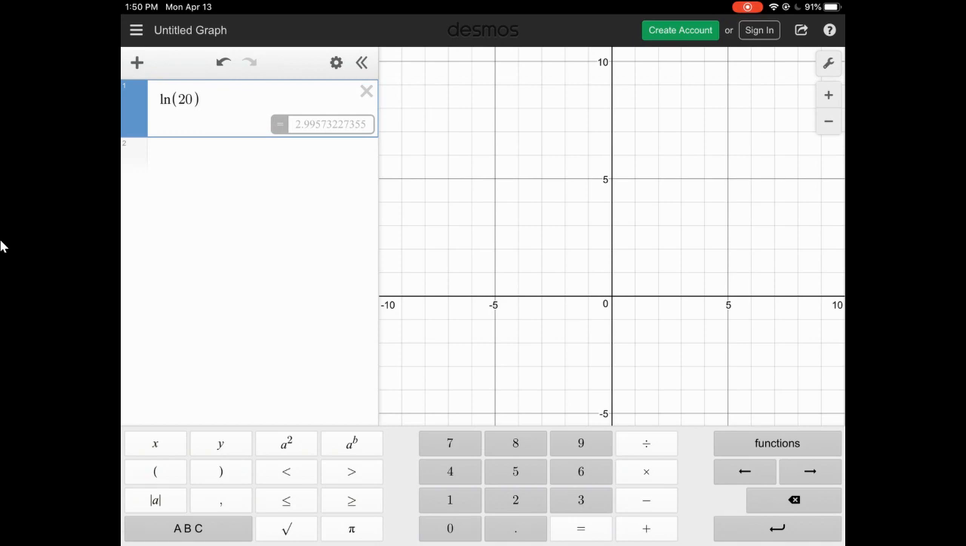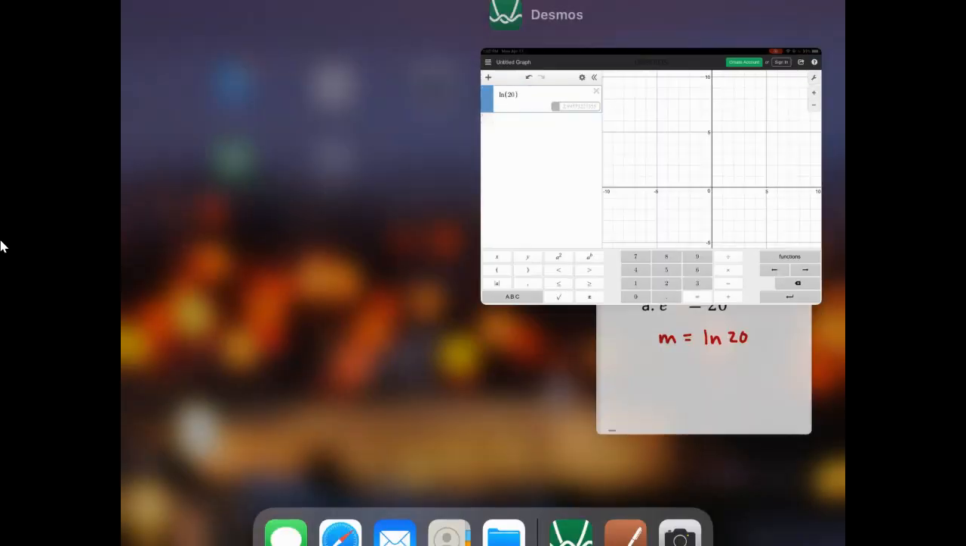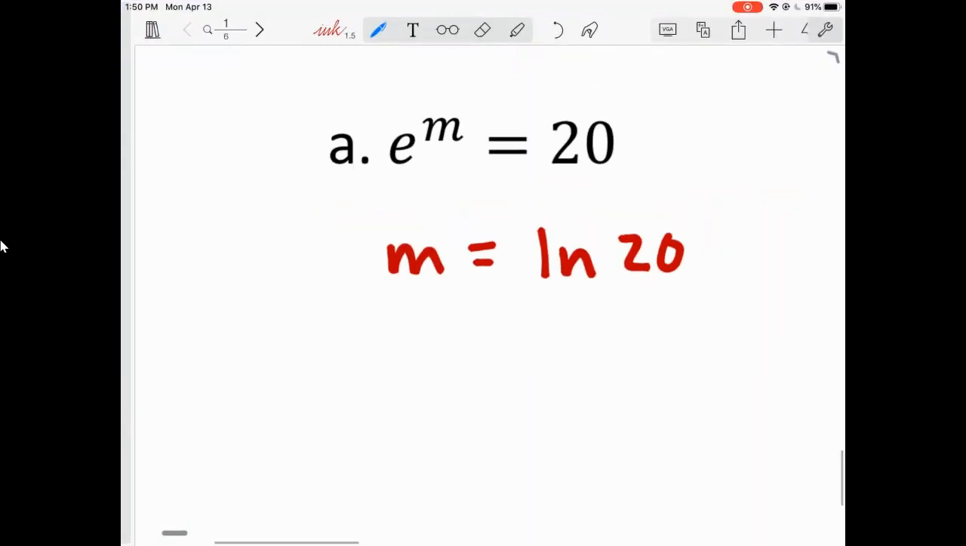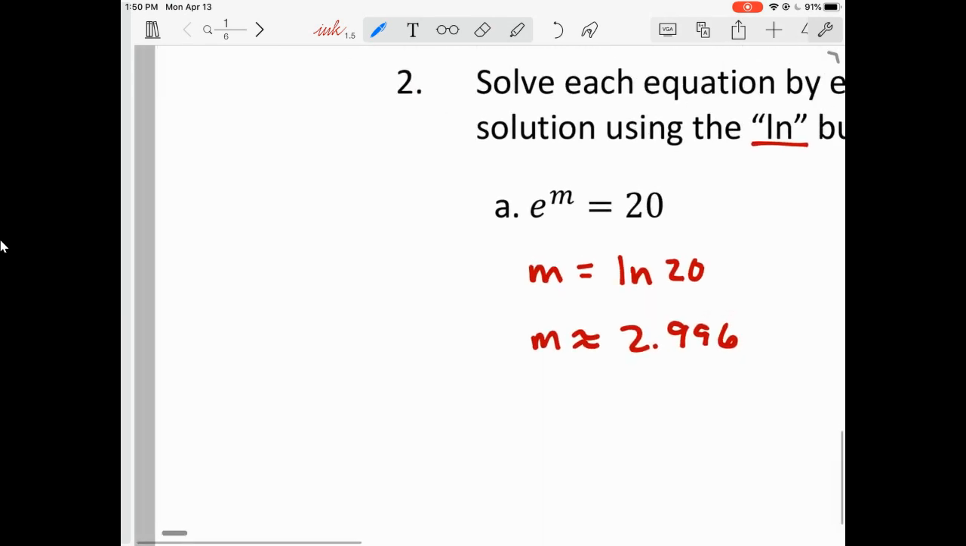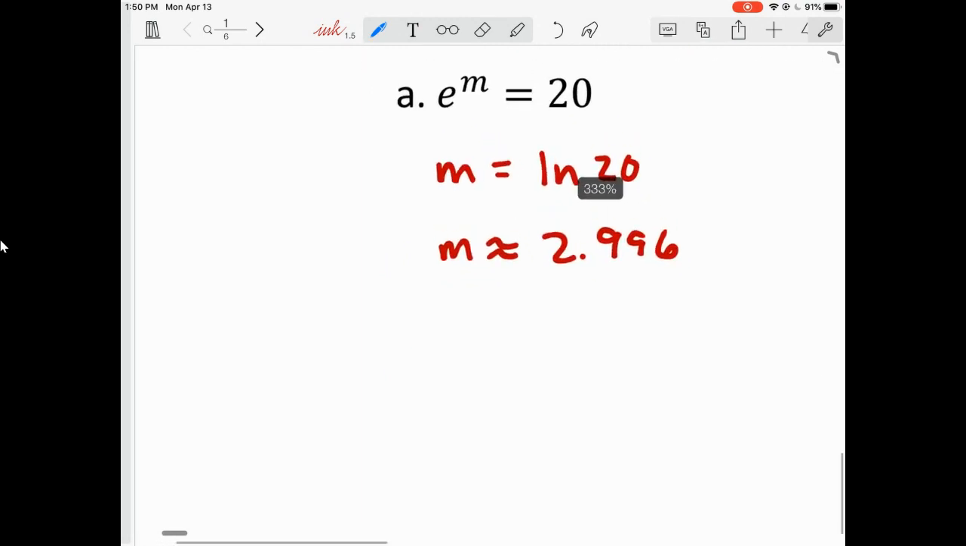It is 2.9957. So rounded, it's 2.996 to the thousandths place. So m is approximately 2.996. And that answers our question. To check it,